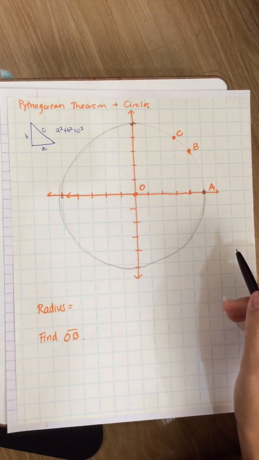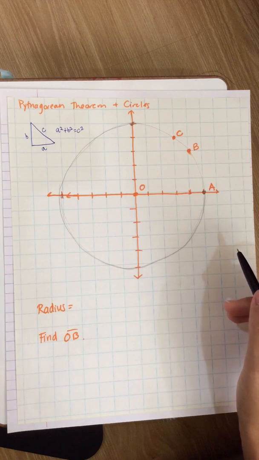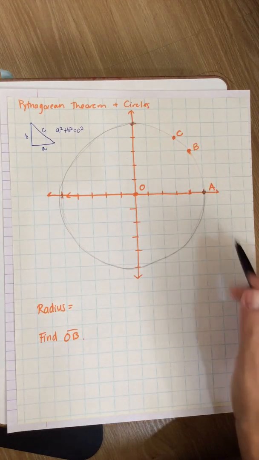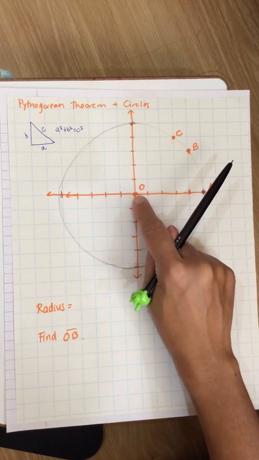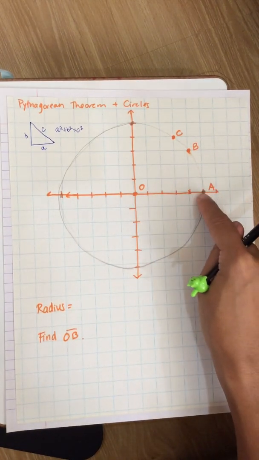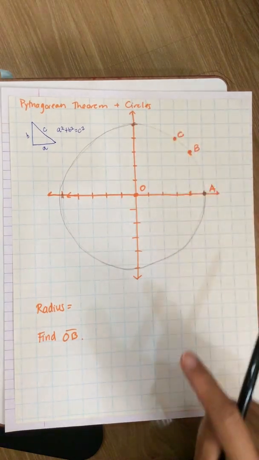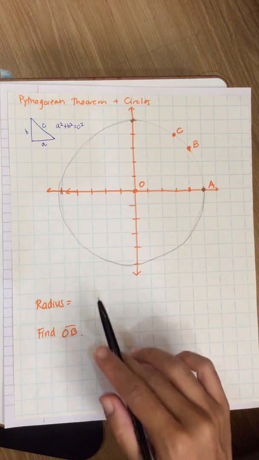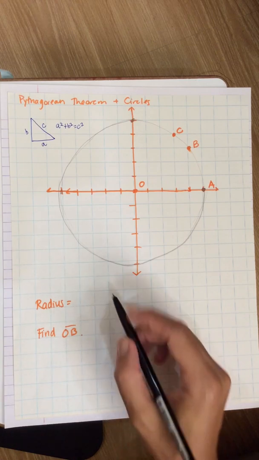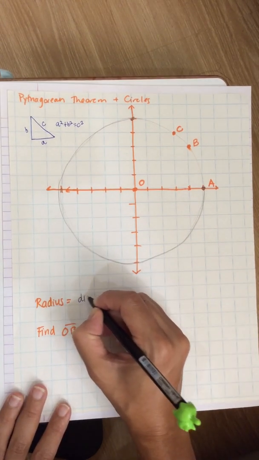This is supposed to be a nice even circle, but you can see I drew it by hand, so it's not so great. So here's a circle. The center is at the origin, or point O, and there are these other three points, A, B, and C, on the circle. When we're solving this problem, one definition we need to know is radius, and you might remember this. The radius is the distance